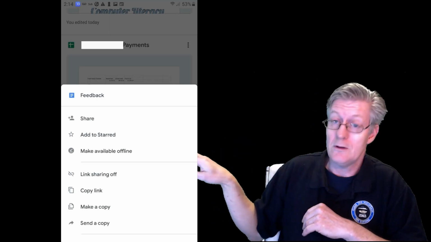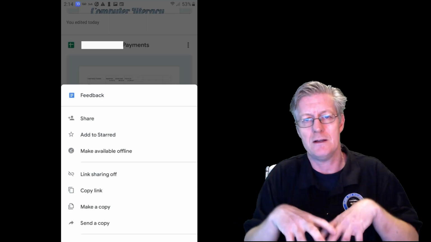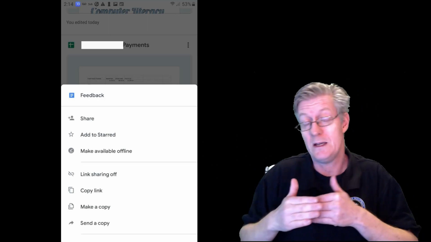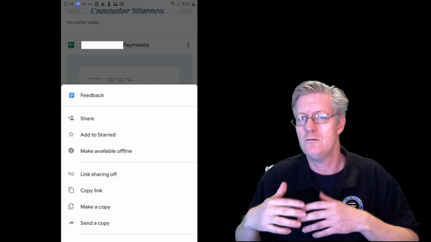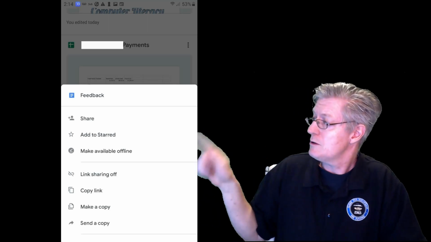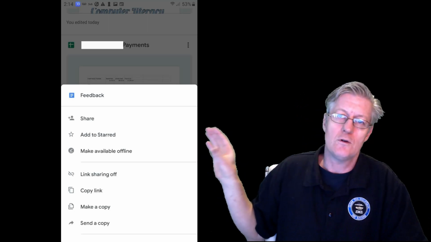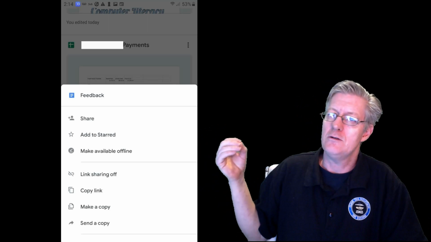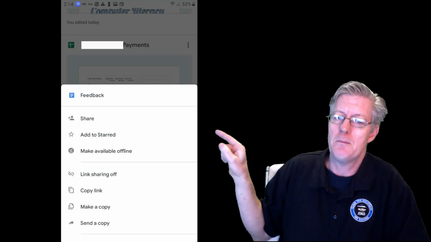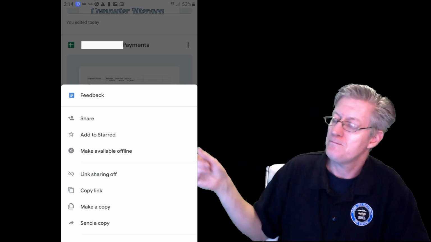If I notice below that, it says make available offline, and now save a copy right to your device. So you can, let's say that you're going on a trip and you know that there will be certain parts of that trip where you won't be able to connect to the internet. What you want to do is, before you go on your trip, go to your folders or go to your files that you know you'll be working with, or you think that you'll be working with, and then tap on make available offline, and you'll download those to your device.